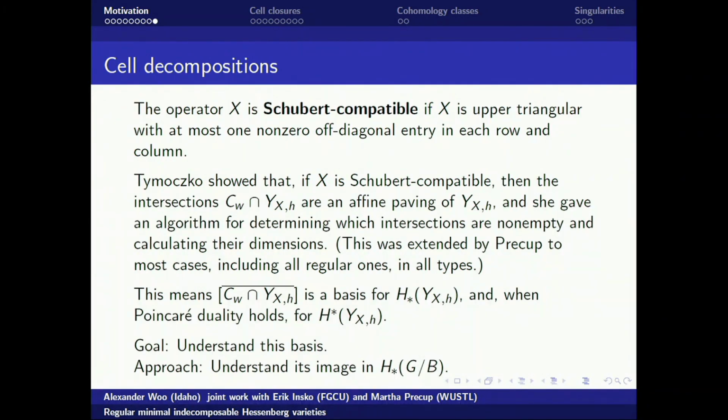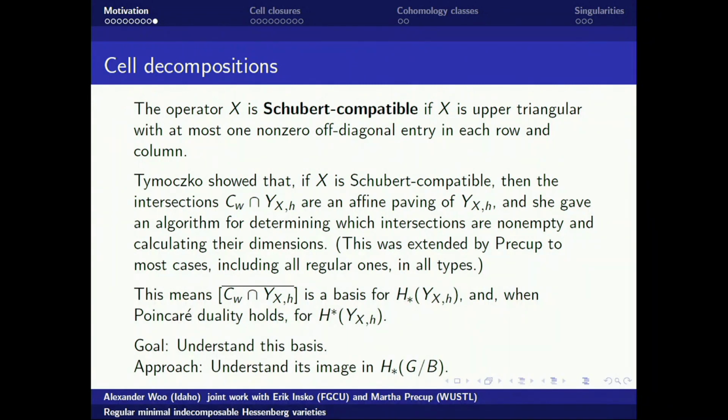Okay. So these things come with an affine paving. Right. We're in a world where we like to have nice bases of our spaces, and this is one way of getting a nice basis of our space. It has an affine paving. And assuming your x is like one of the x's that you would think about rather than some weird conjugate of the x that you would think about,